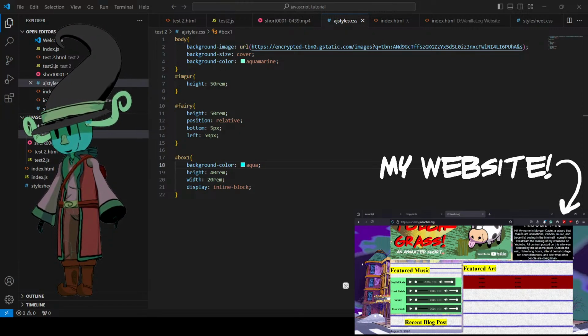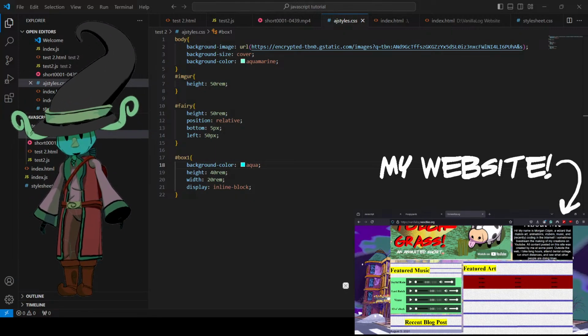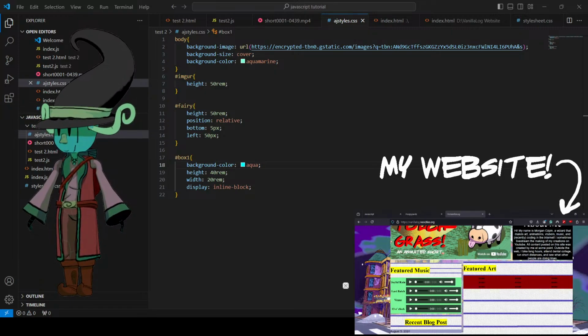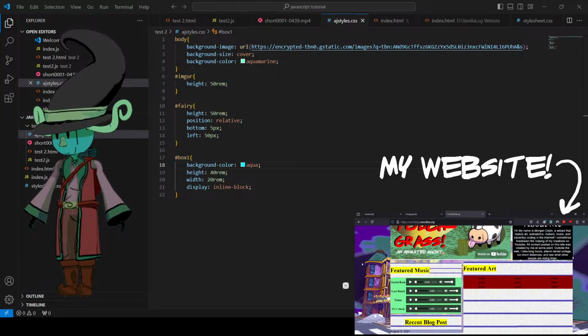Cloud storage pricing. Let me see. Huh. Oh, let me see. Okay, so